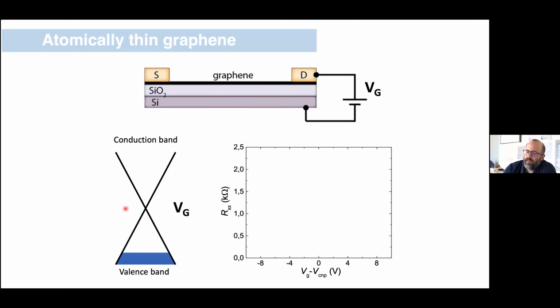So here I'm looking on the left at the typical band structure that you would have. And what I'm coloring here is the filling of this band structure. So for some gate bias, the most energetic electron is at the top of this blue band here. And I'm going to measure resistance while I vary my gate bias, which means while I vary the filling across this band. So I'm first going to fill the system. I'm going to add electrons to it. And when I do so, I measure how the resistance responds.